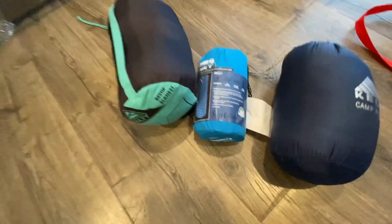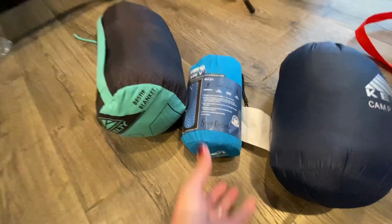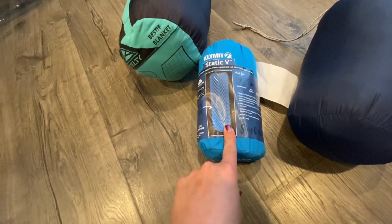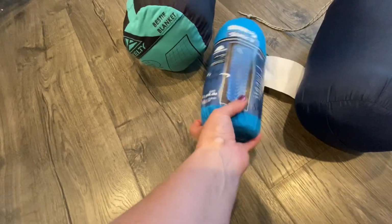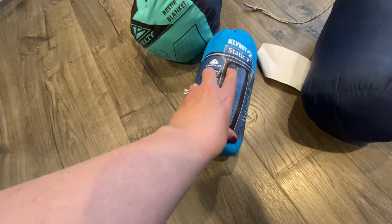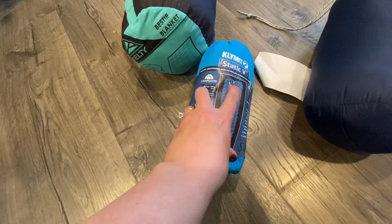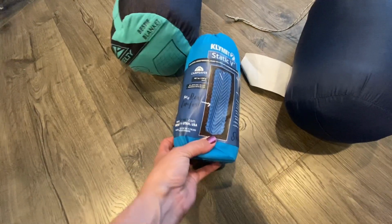So in addition to the tent, these were things that we were really thankful we had. We have these climate blow-up mats. I bought 2 of these blue ones on Camp Saver, and then I bought 2 green ones on Amazon, and I really like these blue ones better. For some reason they have a twist tube up here in the corner where the green ones had a big circle opening, and these seem to hold the air better than the green ones,